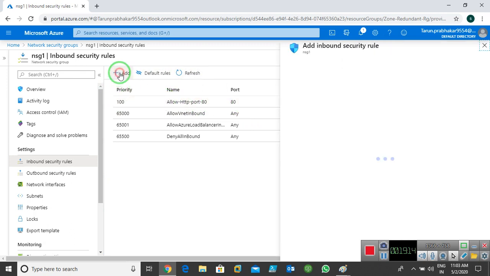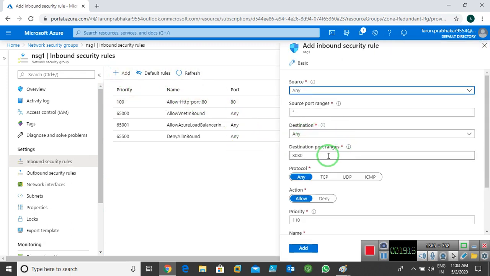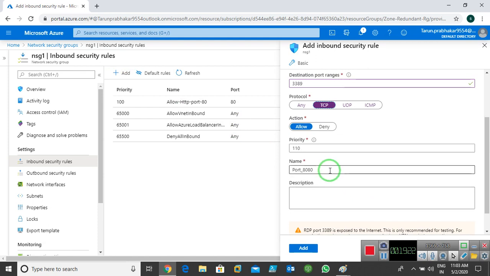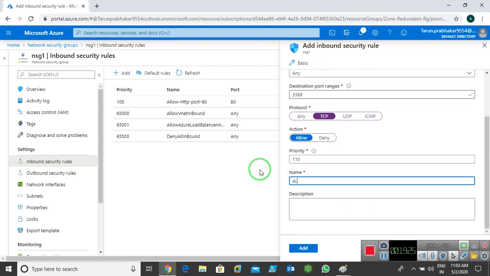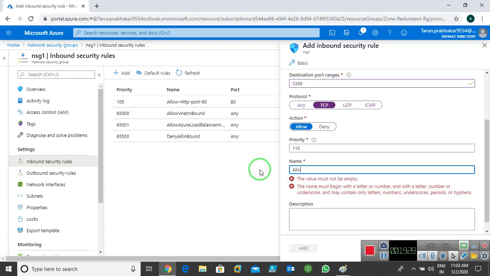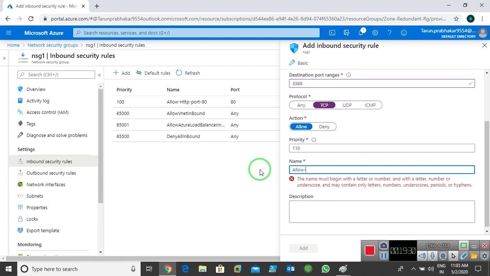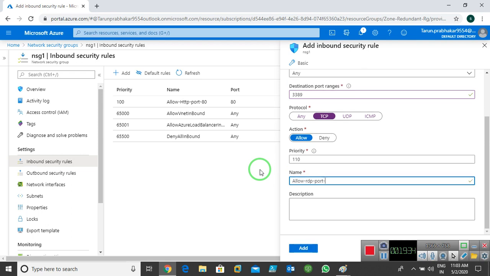Now I click add again, and I'm going to add port number 3389. This is for RDP. Click on TCP. I just tell it allow RDP port 3389, the same thing I can mention over there.